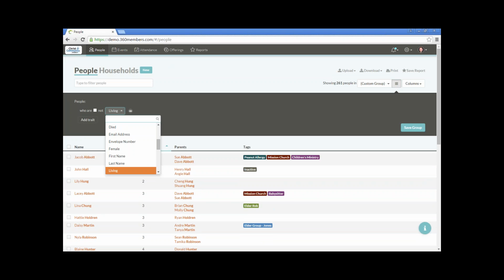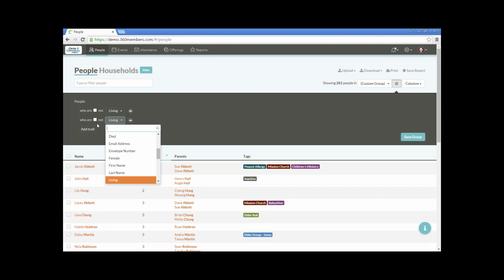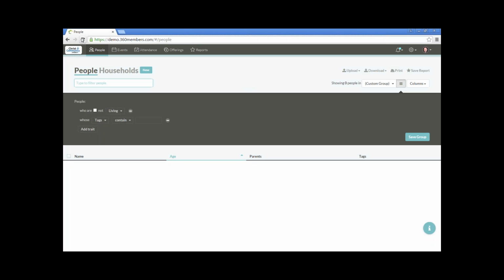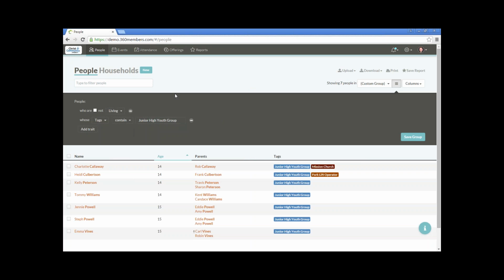So I want to leave it who are living, then add the trait of tags. Then for my youth group, I can add in multiple tags. So I can say junior, and let me refresh my screen here just a second. And sometimes you have to refresh your screen to pass the information out to the server and pull it back when you create a new list. So I'm going to say junior, and then that will be junior high youth group. Then I can also add senior